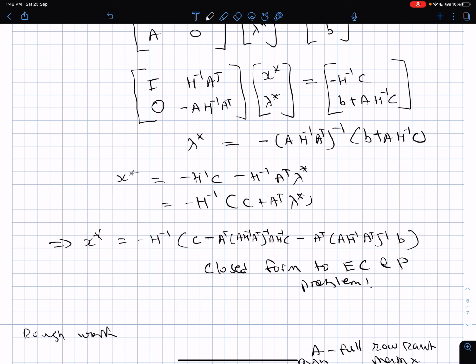So I just wanted to develop a bit of the notion of projection matrix to complete the proof of the Lagrangian multiplier theorem for the NLP problem. But in the process today, we actually showed a nice closed form solution to a standard equality constrained positive definite quadratic programming problem, which makes me feel happy about it. Let's take a break here, and we'll come back in the next class and close the proof of the NLP problem. Thank you.